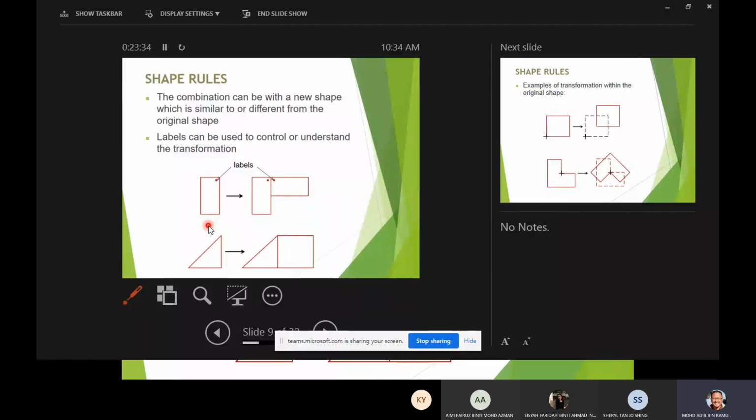But if you think that using labels is easier for you to understand, then by all means you can use labels. If not, then you can just do away with the labels. And then another example is like this. This is where you combine the original shape, which is a triangle, with